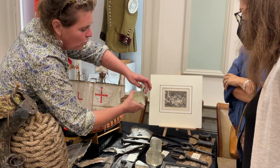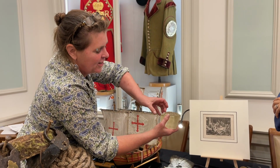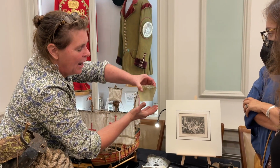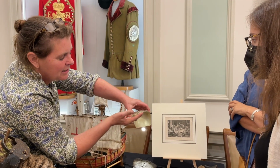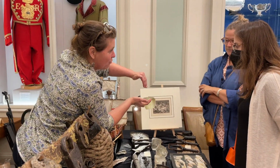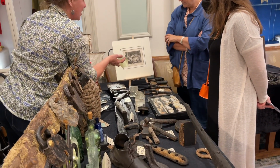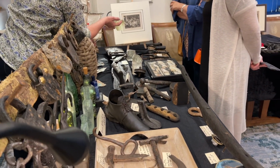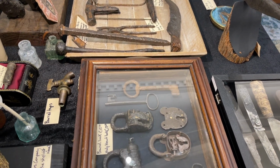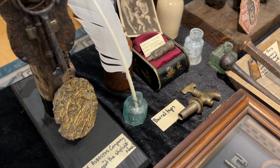That glass would have gone all the way round as a little lid, and it would sit inside a brass fitting, a flat brass fitting. The brass fitting would cut a hole out in the deck and lower it into it, and it would be held like that in the deck. And the daylight would come through and shine into the dark, cavernous lower decks. So imagine how dark and how it smelled of paints. It would have been the most smelly wooden place going. This would be something they would have got on the